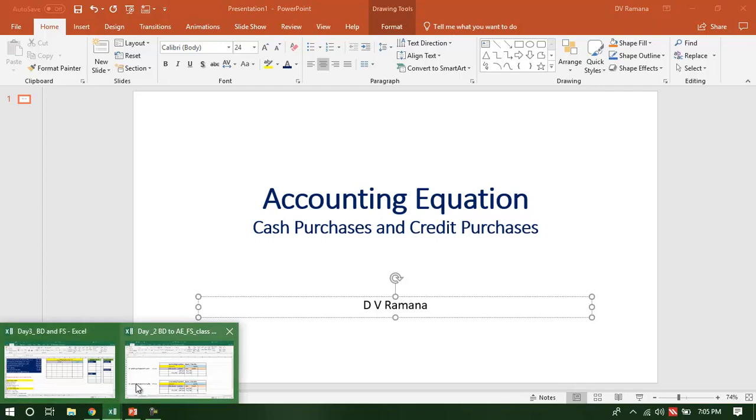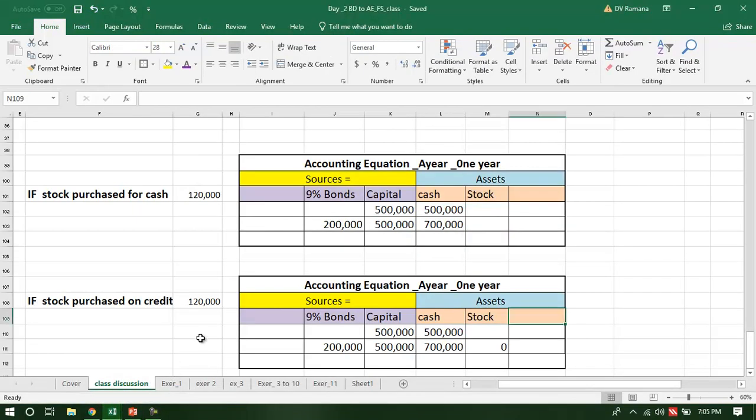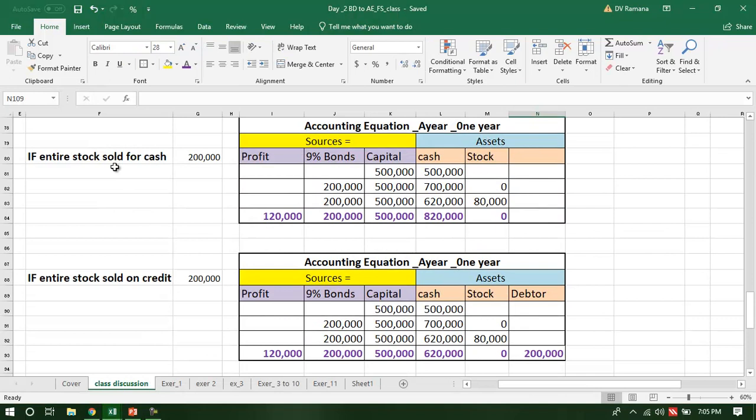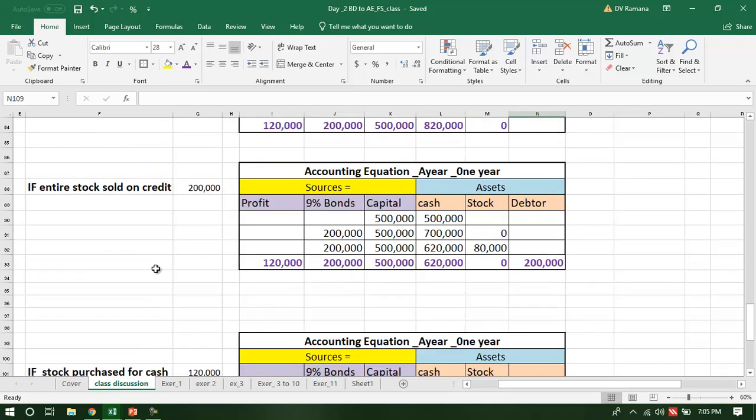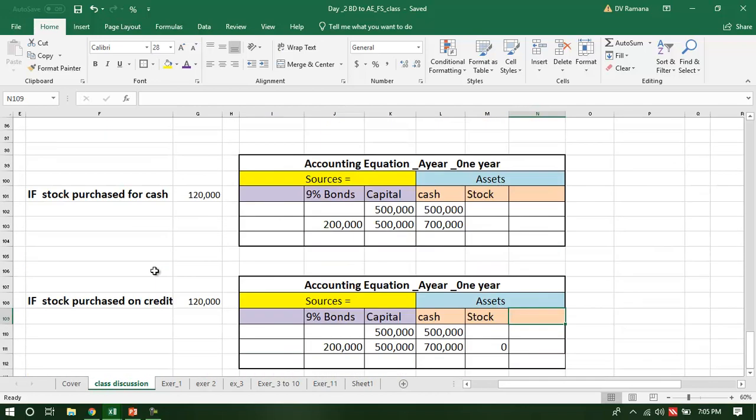We'll take this example. In the previous example, we saw what happened if goods are sold on credit or goods are sold for cash. In this case, we will see what happens when goods are purchased for cash and purchased on credit. Suppose this is the accounting equation where we have capital of 500,000, liabilities of bonds of 200,000,